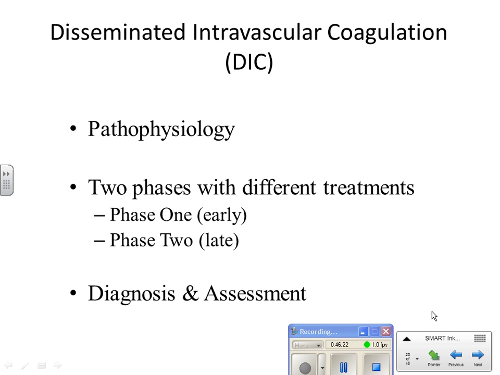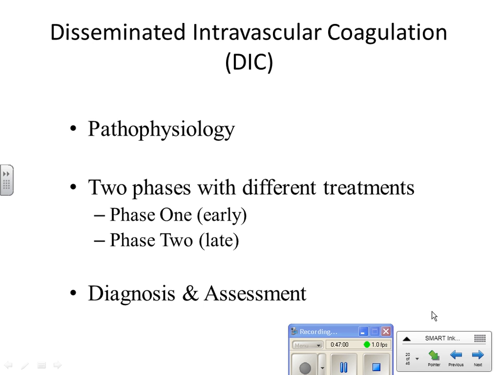Now, DIC is a very common complication of that patient in septic shock. Disseminated intravascular coagulation. And what's happening with DIC is you're having a paradoxical syndrome of first multiple thrombi developing, so thrombosis in the microcirculation. And then if that's not treated soon enough, they will go into hemorrhage. So it starts off with a lot of clotting in the periphery because of the pooling, and then they will go into hemorrhaging. And the video is going to tell you why that happens.